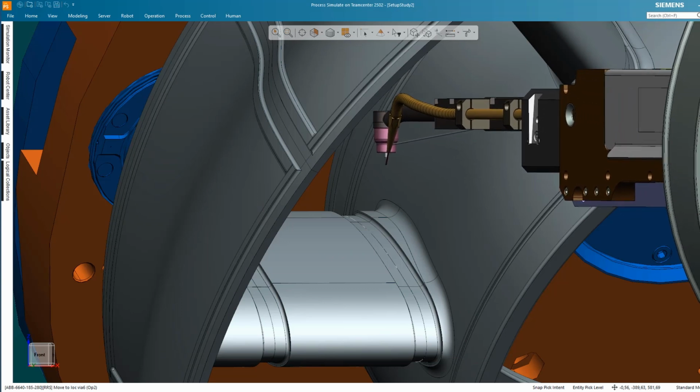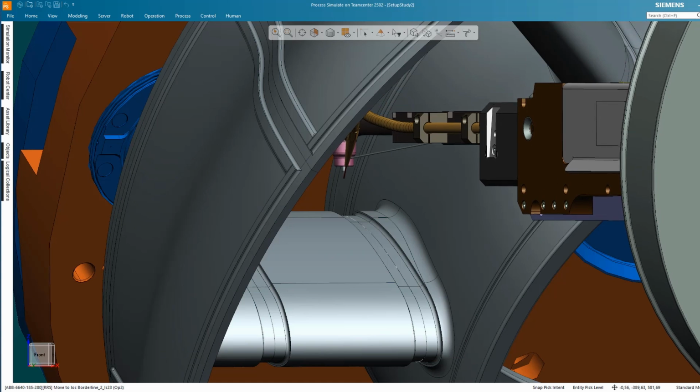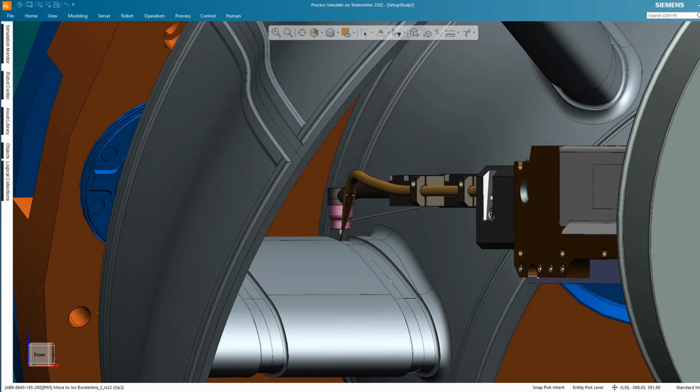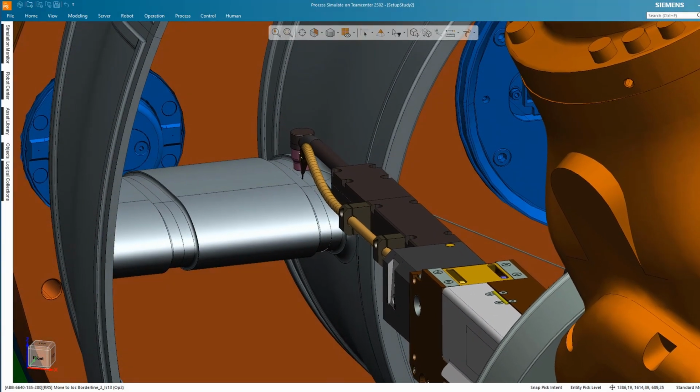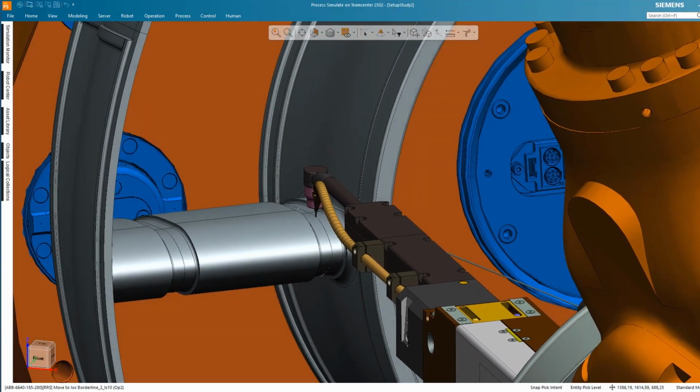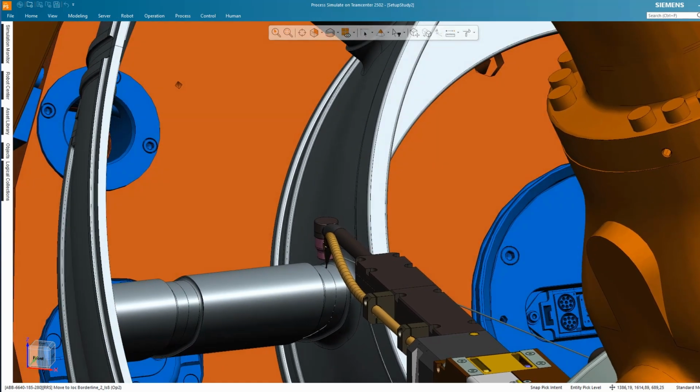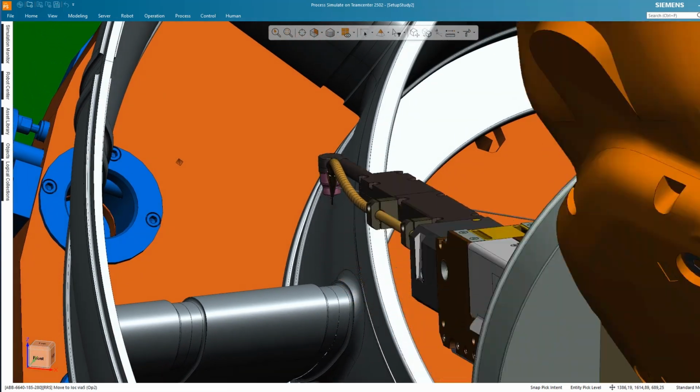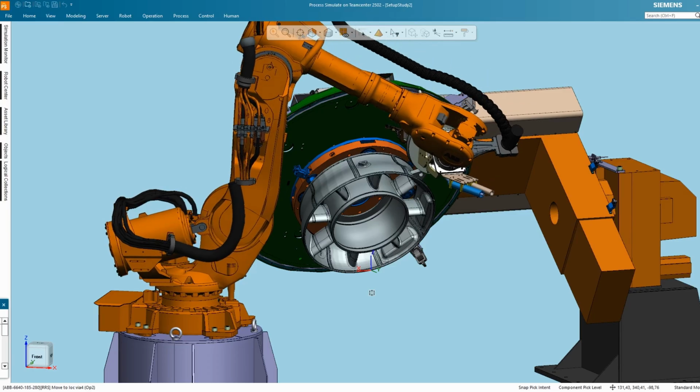The connection between Process Simulate and Teamcenter is in one way quite essential for us, because previously we had to export data out of Teamcenter, being a little bit disconnected from the other guys working in NX and Teamcenter. They are all using the same data, the same CAD models. When we introduced Process Simulate on Teamcenter and we got that connection, it felt much better knowing that we are working on the same data as all the others using the system.